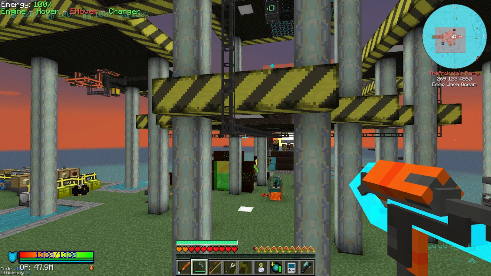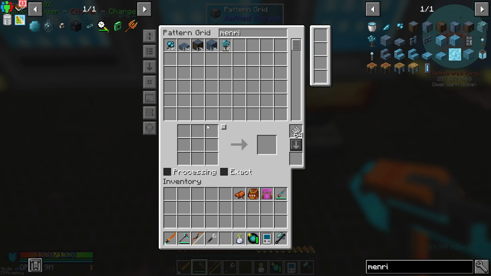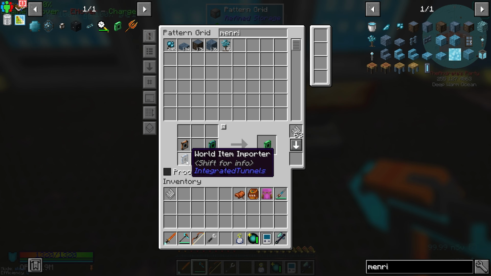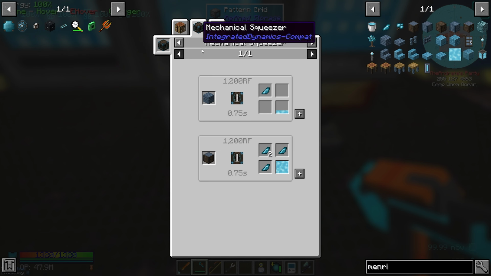So we're going to teach the system how to make a bunch of things, and then we're going to actually craft a bunch of things. We're going to have to get some stuff going for us here. And yeah, so player simulator, you're going to want to know how to make this, and then we're going to need to know how to make each of these items. We're going to require an item exporter, which is going to require an item interface, which is going to require crystallized mineral chunks, which,